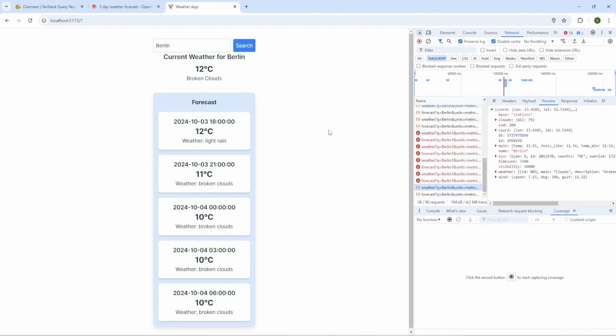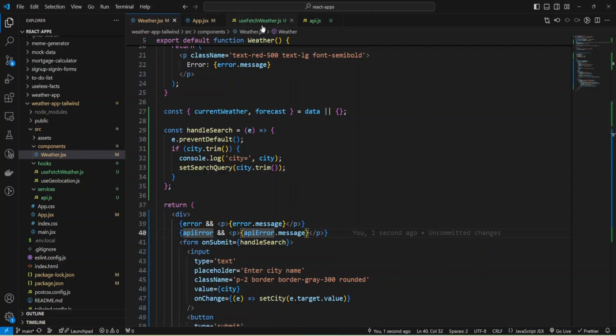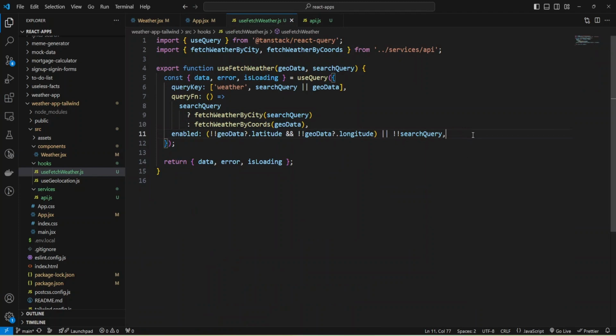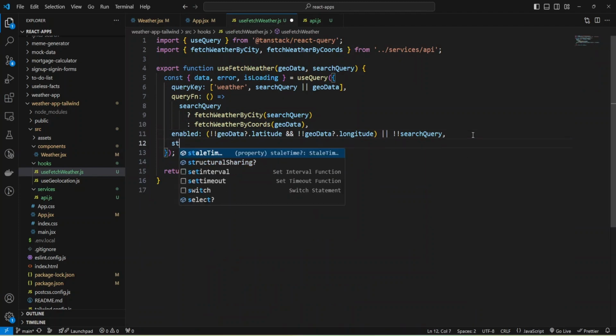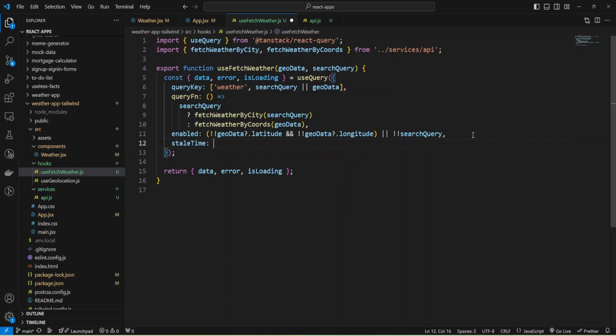And I'm going to change our use query function and add here a value and define stale time, and add it probably 1 hour will be enough. And also we can add cache time for 1 hour and provide the value.